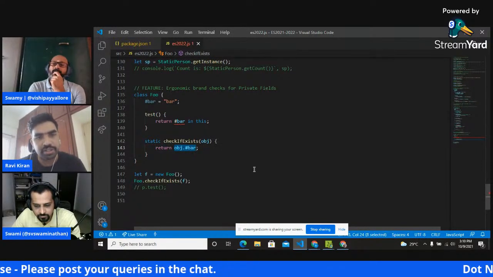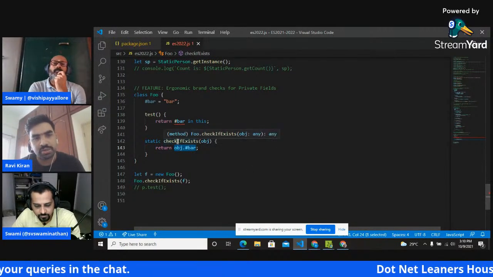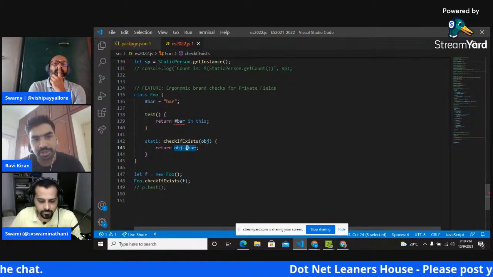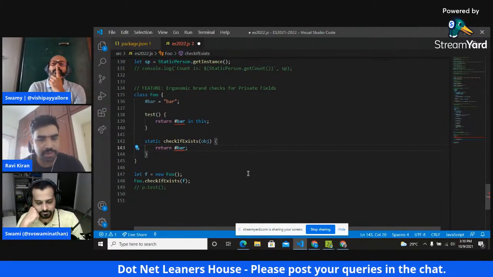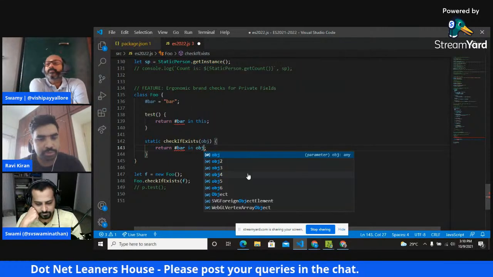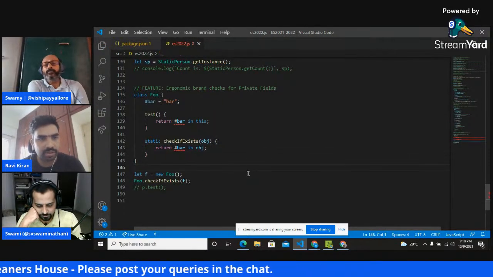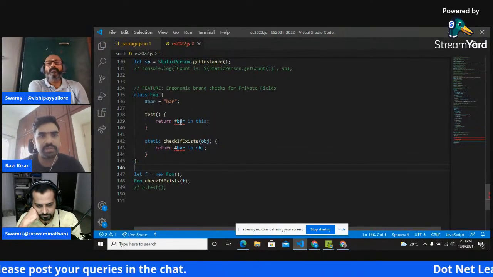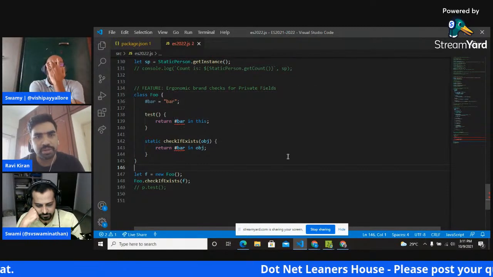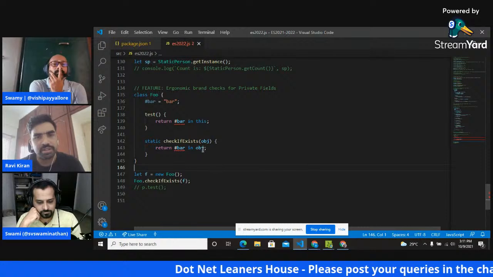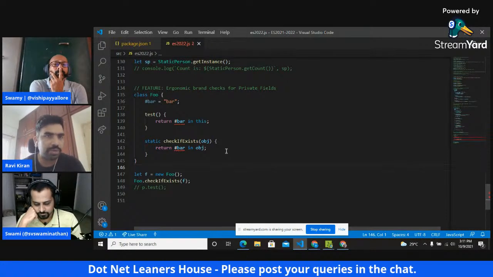Right now, to check if this property exists, it is using the dot operator, which is actually not correct. So here also I can say #bar in obj. It is showing the squigglies again because VS Code is not able to understand it, but Babel understands it.